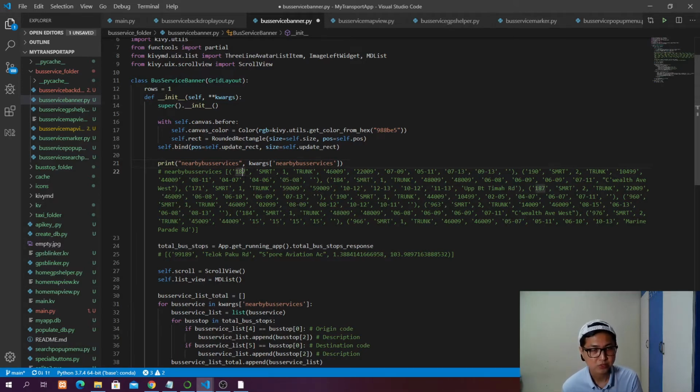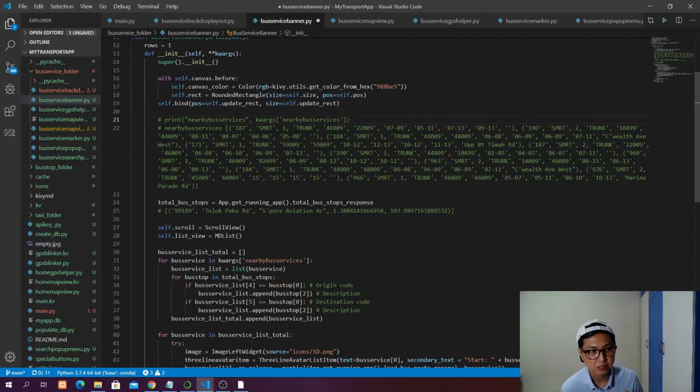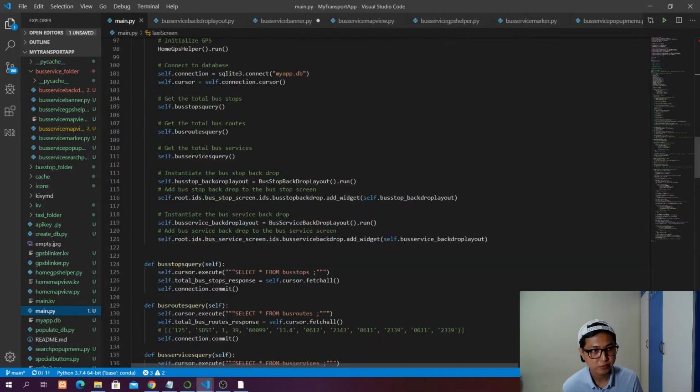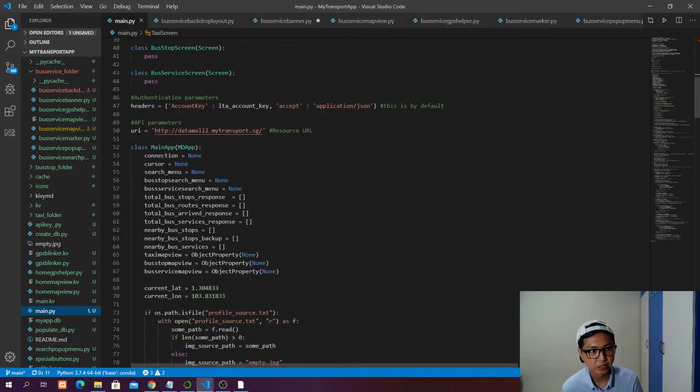We have a bus service number, the operator, the direction, the category, origin code, destination code. I think this one is AM peak operating frequency, off peak, and then PM peak, and then PM off peak, and the loop description. I put it here for the purpose of demonstrating to you what kind of data we are expecting. What we need to do is get the total bus stop response from the main.py. That's why we use app.get_running_app total bus stop response. We are trying to get the total bus stop response from the main.py,